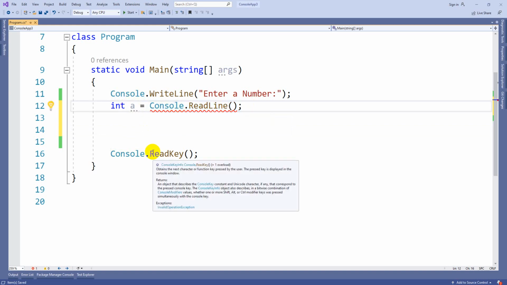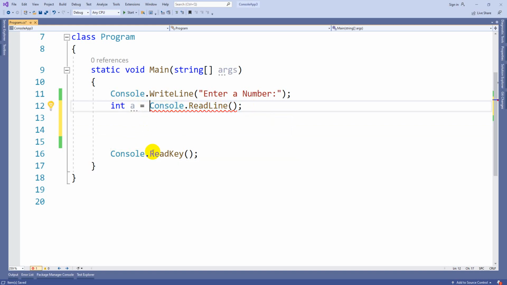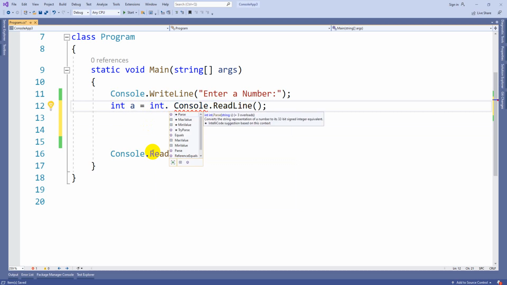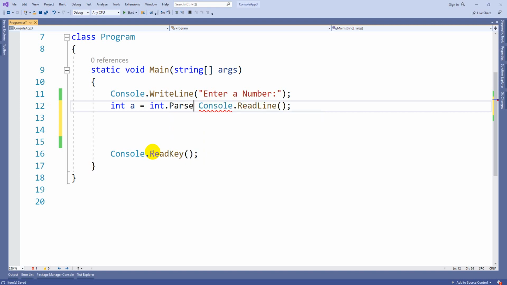There are different ways to convert this, guys. Option one: you can use whichever data type you want to convert to. I want to convert it into integer format, so you write int dot, and there is a method called Parse. This Parse method helps convert a string value into the respective format. I can pass Console.ReadLine into the Parse method, and it will convert the data into integer format because we used int here.